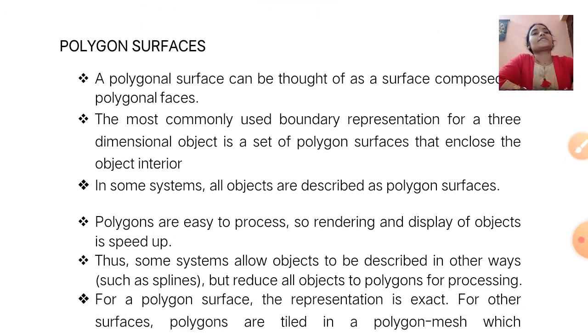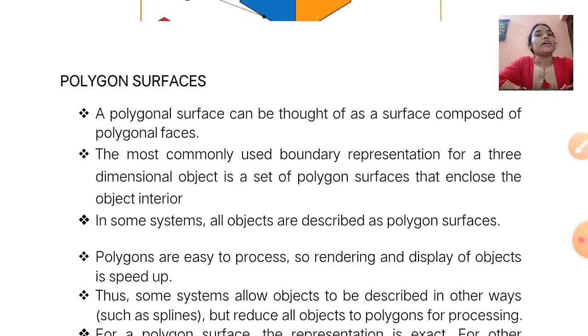Next we discuss polygon surface. A polygonal surface can be thought of as a surface composed of polygonal faces. That means the surface is composed of different faces.